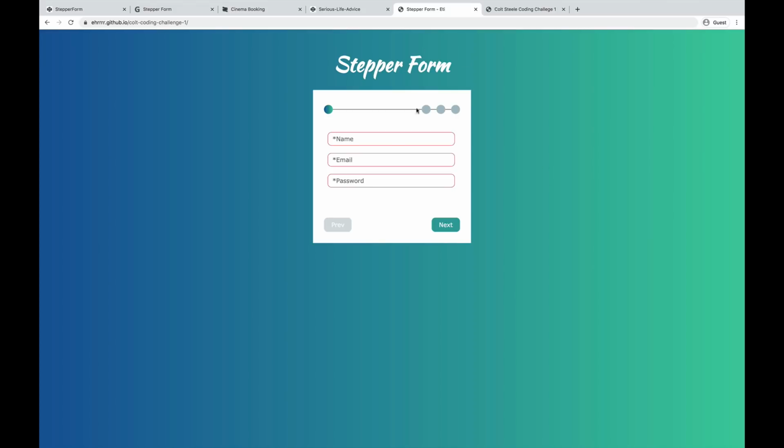So here's another one. Stepper form. I'm going to have to focus in there. Okay, so what will name be? Everything starts off red. Let me just refresh. Is that the case? It's always... So that's not...